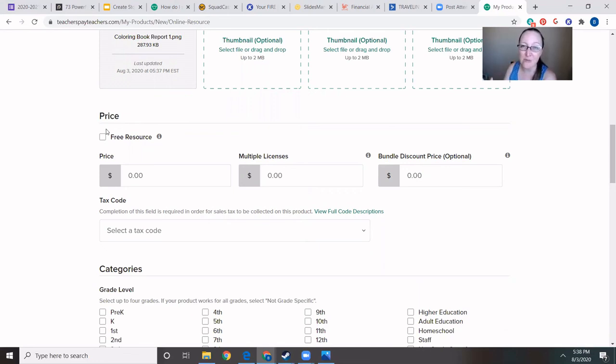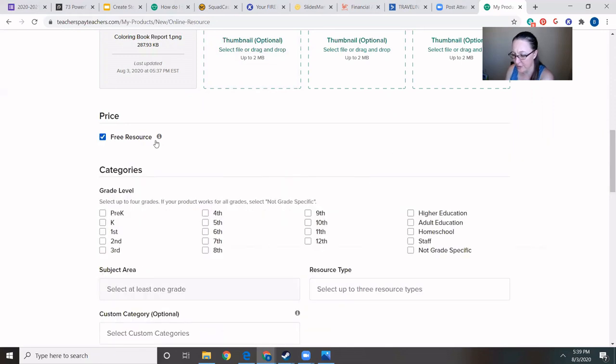If you do decide to have a blog, you don't have to, but if you do decide to have a blog or a Facebook page or maybe an Instagram account, the freebies are great because you can share them and get people to come and check out your store. And then if they like your work, you've linked the other products in the product description, they see that and they go, right? So if you want this to be a freebie, then you would just click free resource and